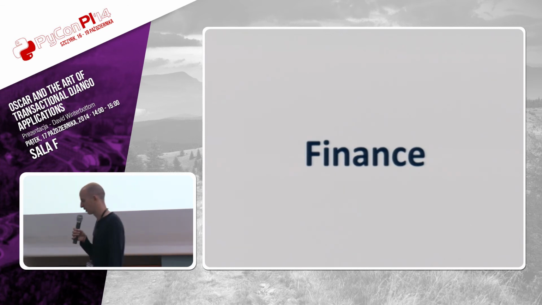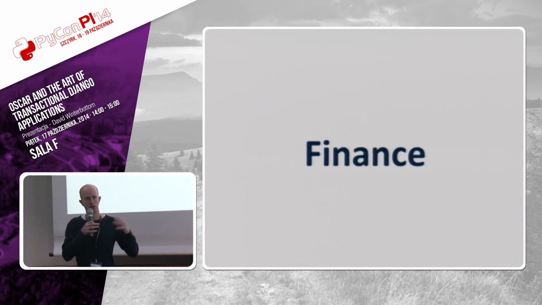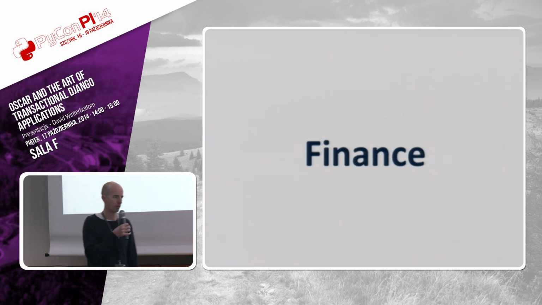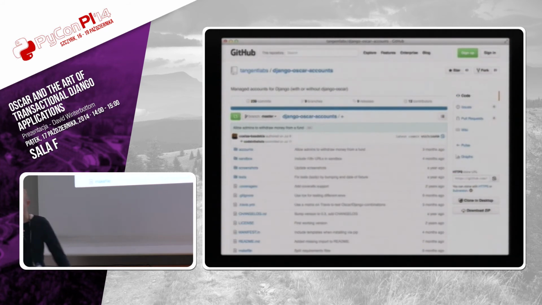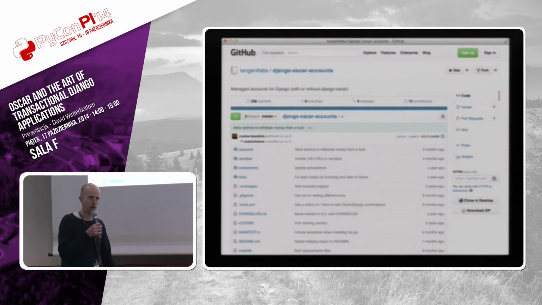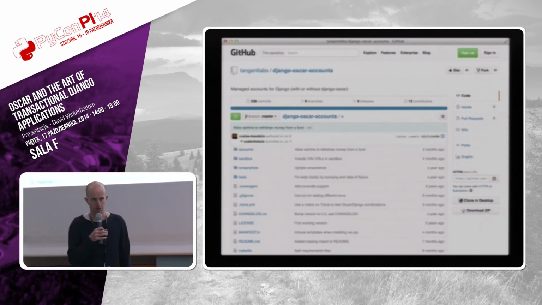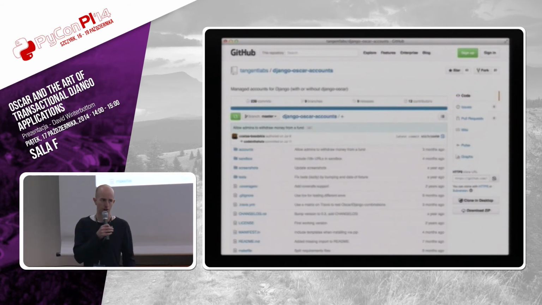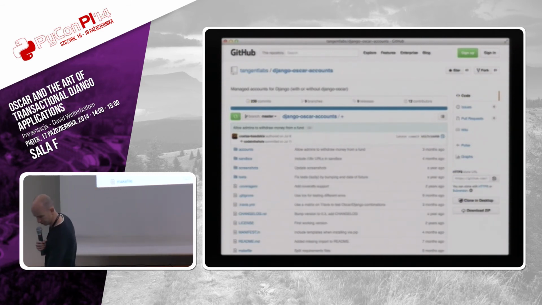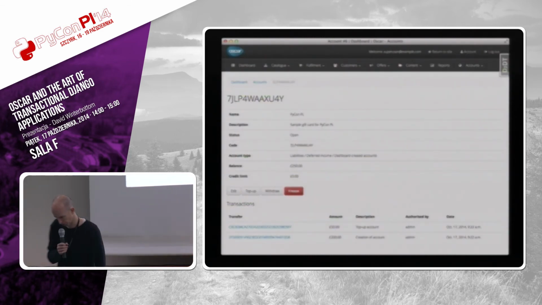Based on this, we've done a few systems where we've had an internal concept of money within a site. It might be points or credits. You've seen them lots of times. So we've built this thing called Django Oscar Accounts, where we worked with our finance team internally at Tangent. It's built off the double entry bookkeeping concept from accountancy, where every single transaction writes entries to two different ledgers. This is really useful. We've used this for any kind of gift cards or credits, and it makes sure your finances are rock solid. You've got a good audit trail, and it's exactly what the finance team need if they ever have to submit their reports. And this is just a simple shot from its dashboard.